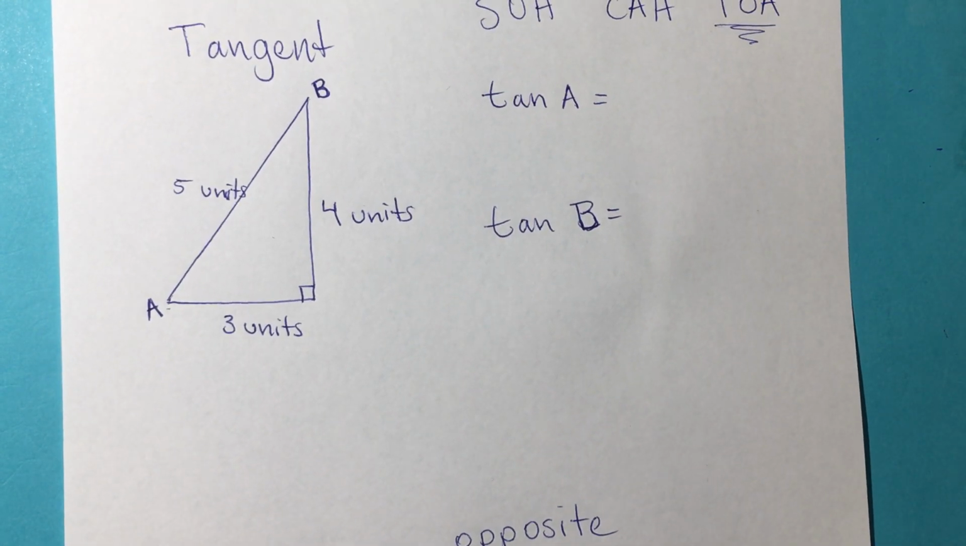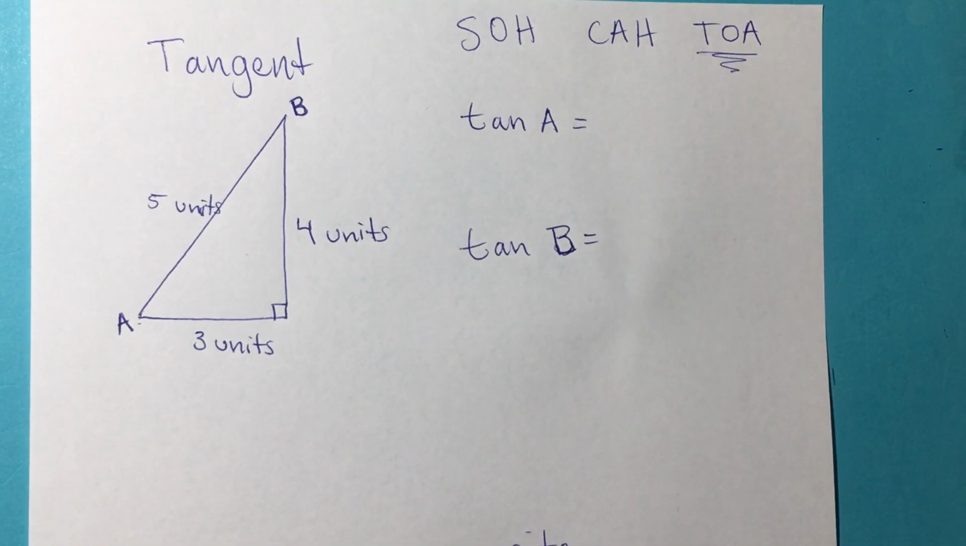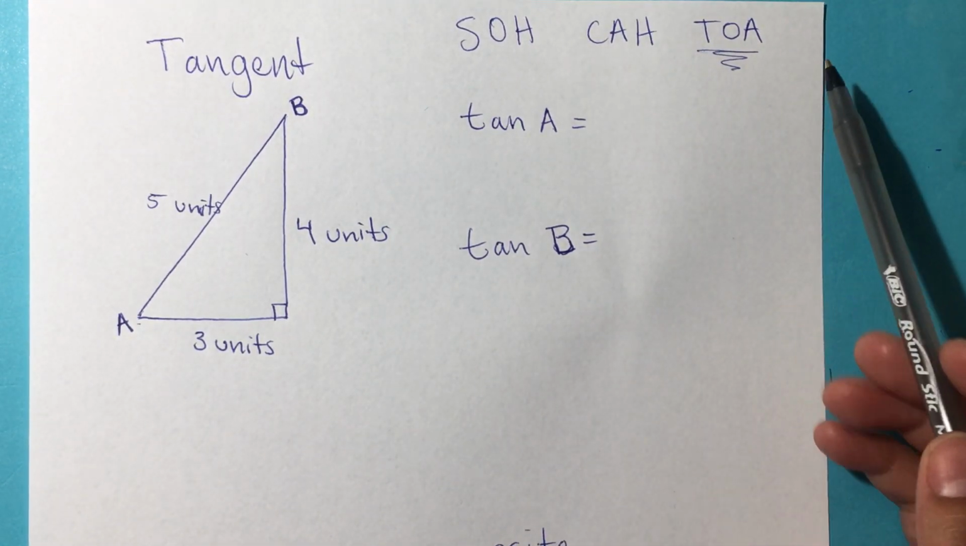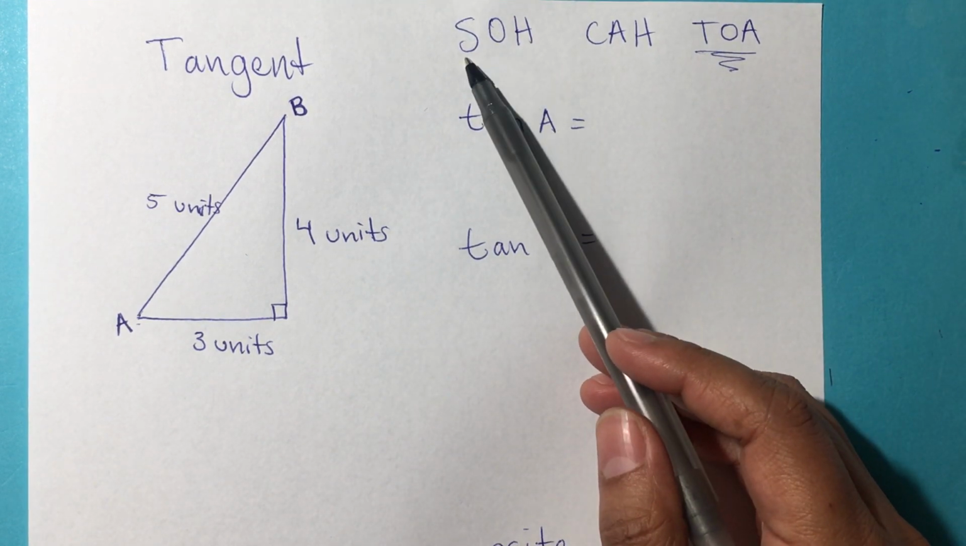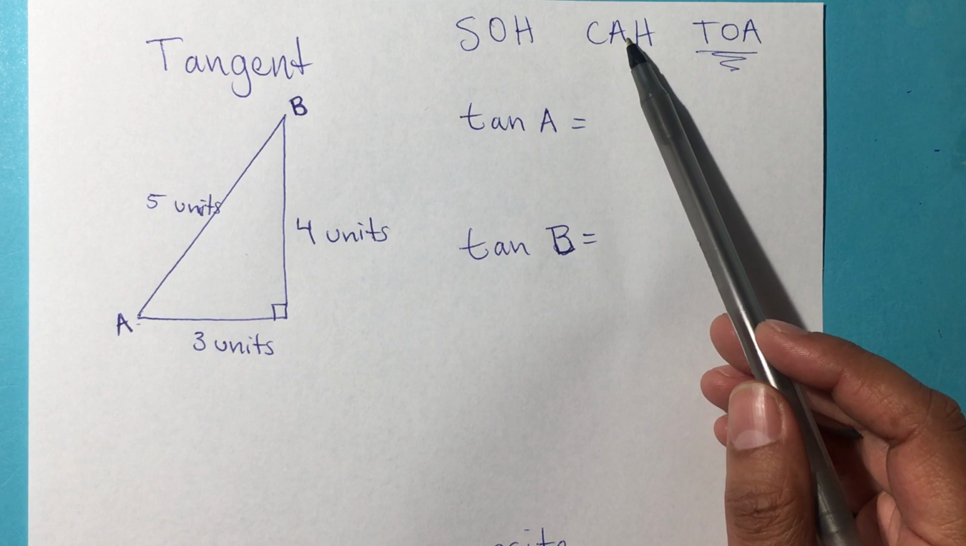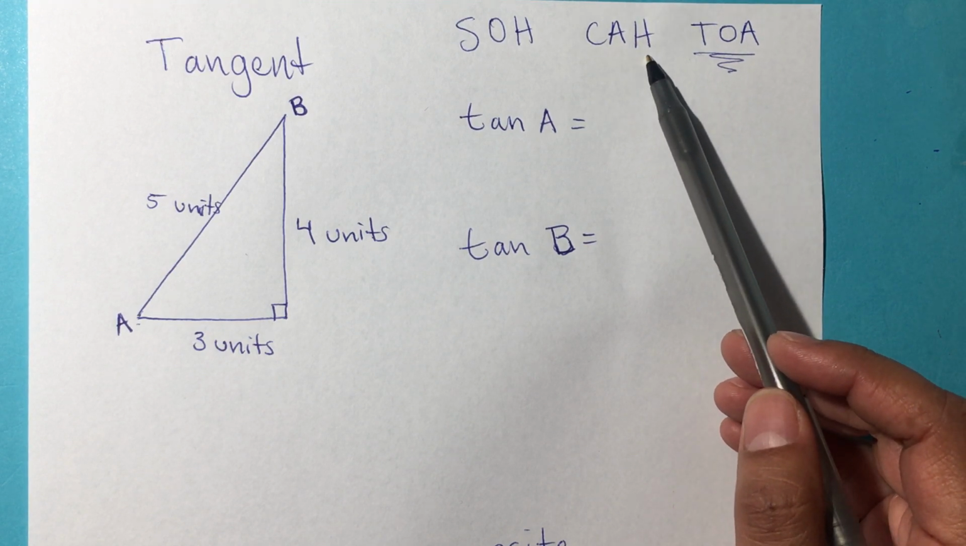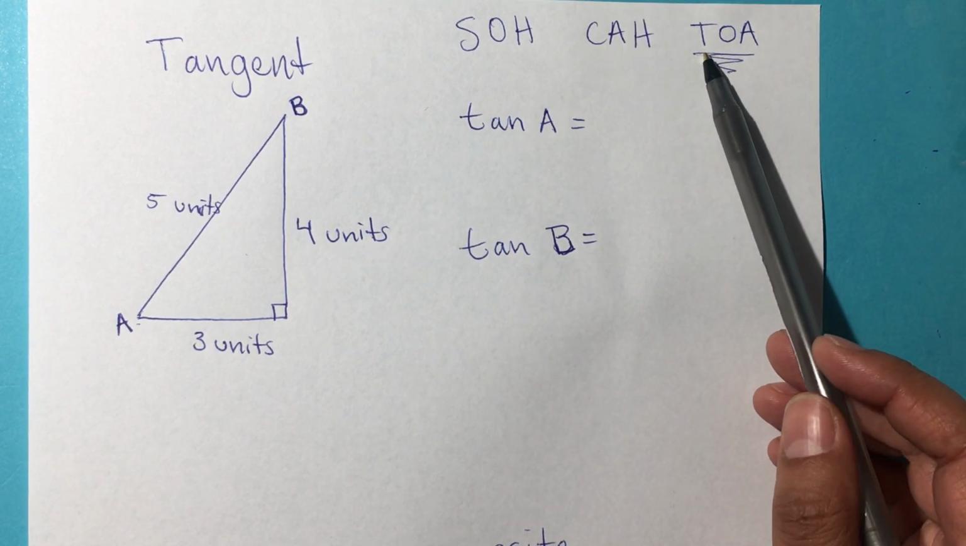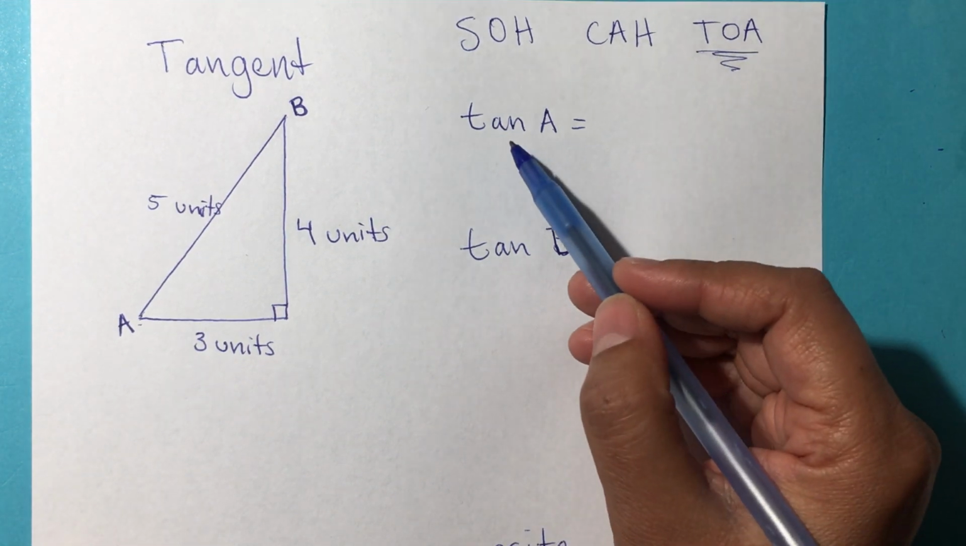Before we start, let's review a little bit about what SOHCAHTOA is. SOHCAHTOA is for sine is equal to opposite over hypotenuse, cosine is equal to adjacent over hypotenuse, and tangent, which is what we're going to be learning today. So for tangent of A